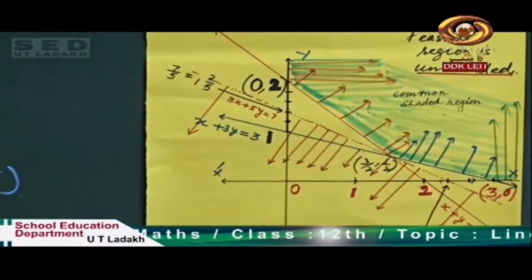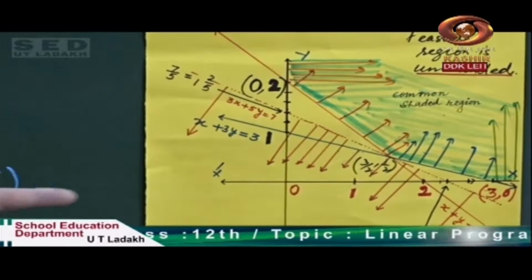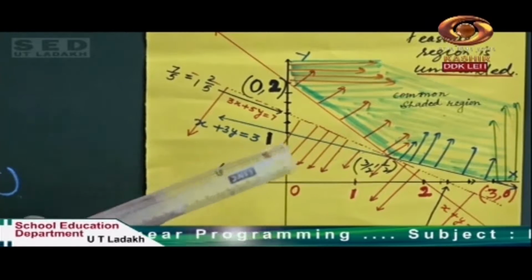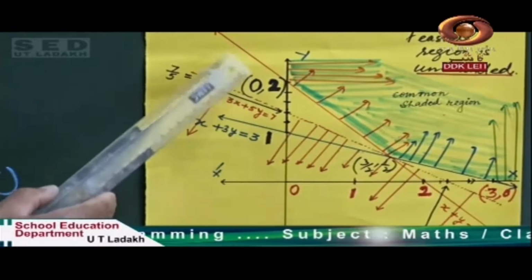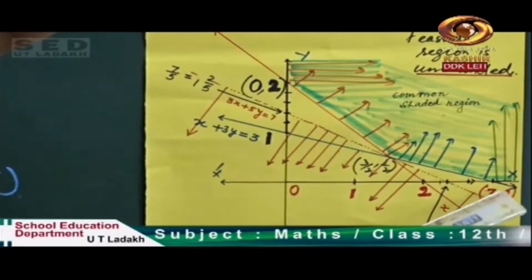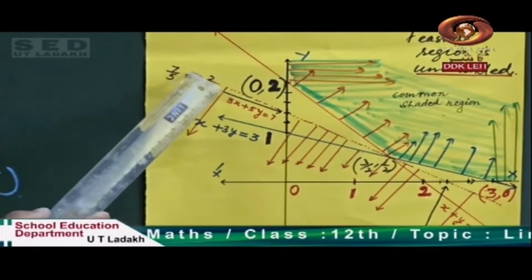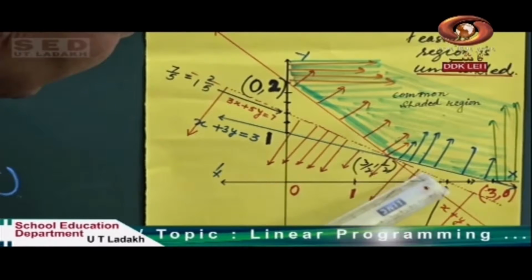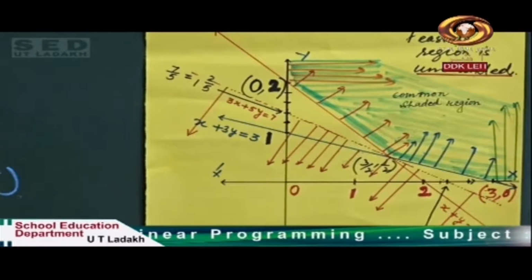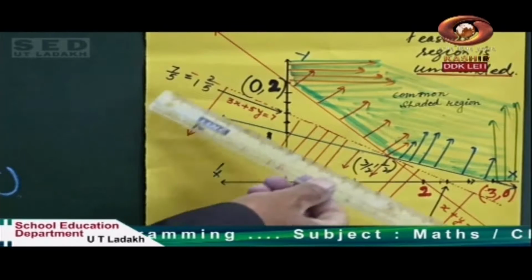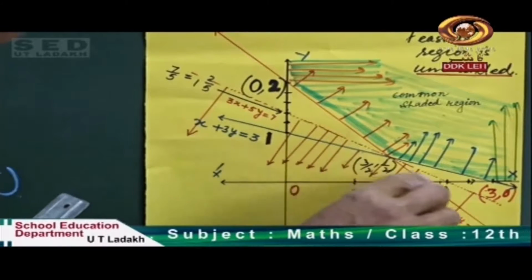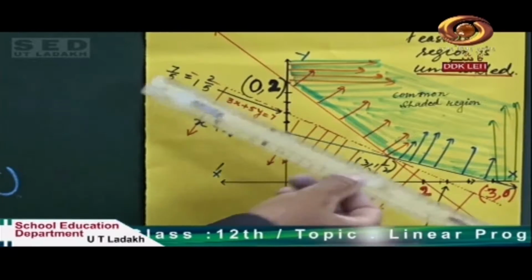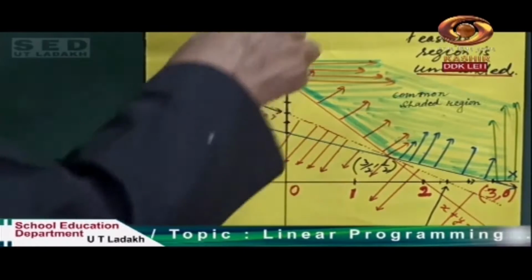So at last, students, I would like to explain with the chart. I have brought a chart over here. If you look at this chart, one line passes through this line, the other line passes through this line, and the dotted line passes through the point 3 by 2 and 1 by 2 and goes like this. And I have already said that the solution region of the line 3x plus 5y equal to 7 is 3x plus 5y less than 7.